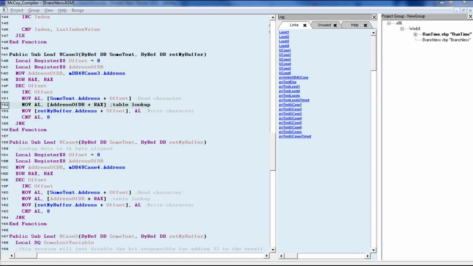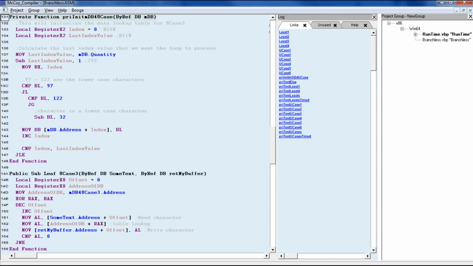Okay, let's move on here to UCase 3. UCase 3 does a lookup into a data table, and it's a very simple data table. It's just 256 bytes, and at each byte location is written the answer of what a UCase character is, and that's run with an initialization function that will populate that. It's right here if you're curious. This runs on startup, runs through the logic, populates the buffer,